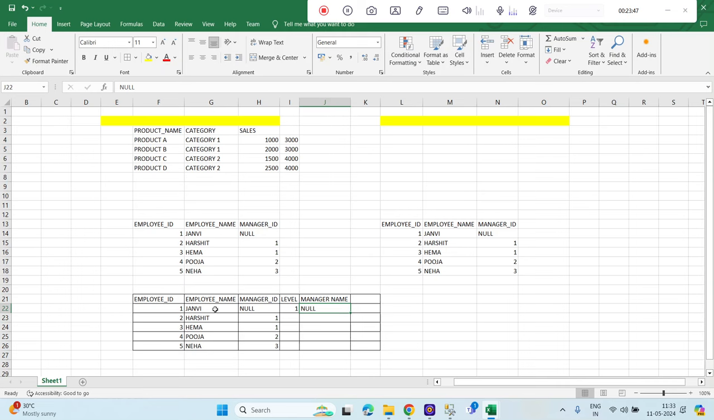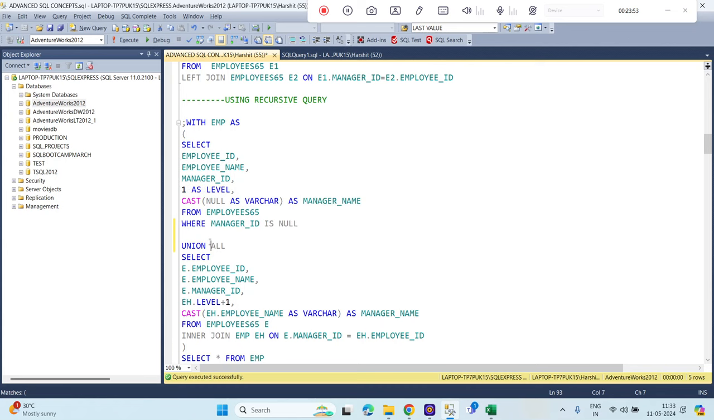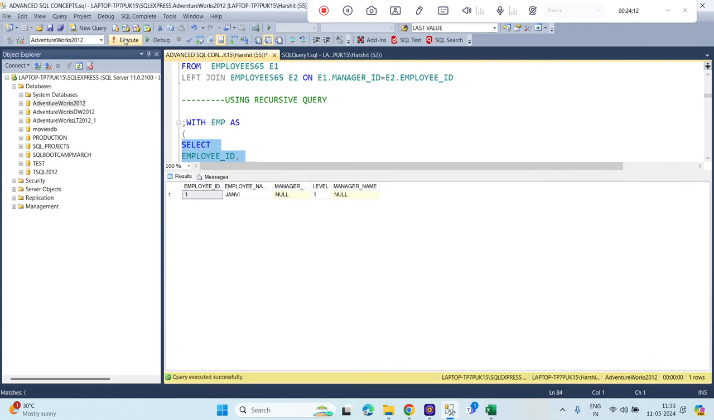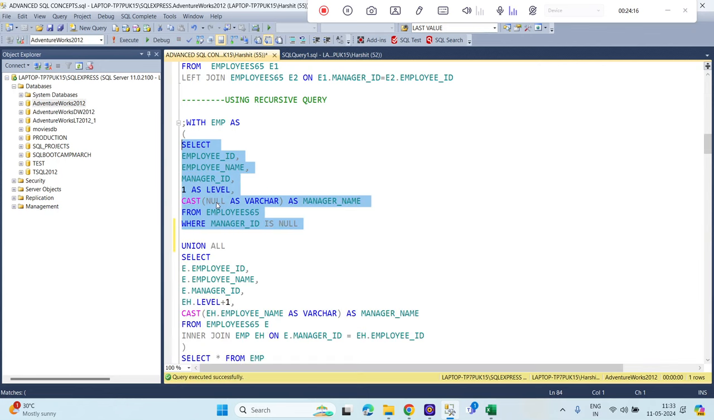Because she is the super manager, right? And her manager ID is null. So what I have done over here: I have done select employee ID, employee name, manager ID. By default, I have declared the one as a level and cast of null as a manager name. So this is my super manager. You can say that, or you can write over here